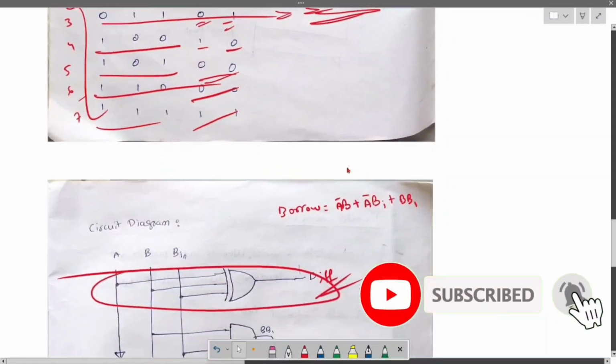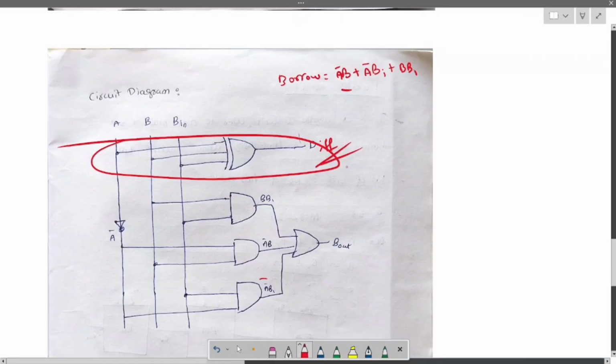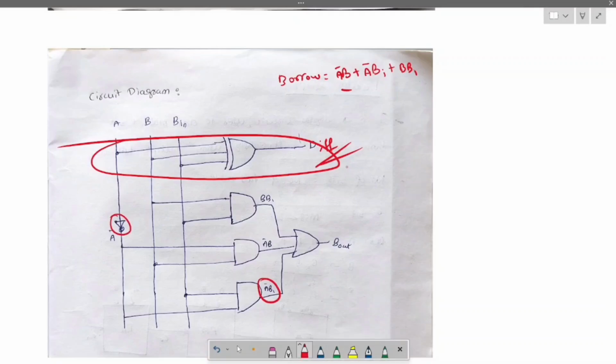Now to draw this, first let us arrange A bar B. This is a NOT gate. Now A bar and B in, and this is B and B in. All of these we combine with the OR gate, and we will get the borrow out. So this is how the circuit